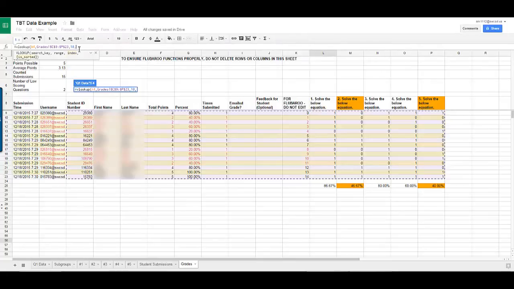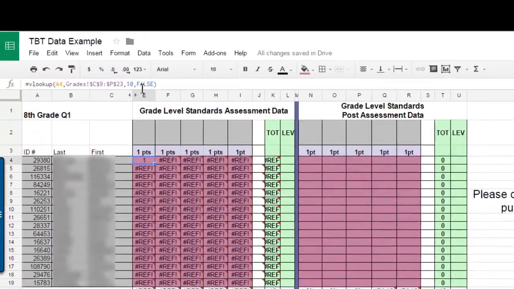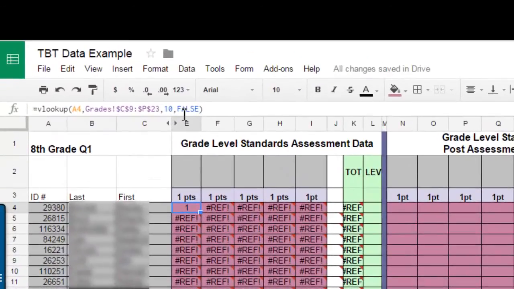then I put in my comma to say I'm ready for the next step, and I type in false. Remember, false says we need it to return the exact same number. Once you have all that in, you can go ahead and press enter. It'll take you back to your Q1 data or whatever sheet you're working on. And you'll see that it did give me the number 1. Now you're probably thinking, I don't want to have to do this again. What you can do is drag this formula